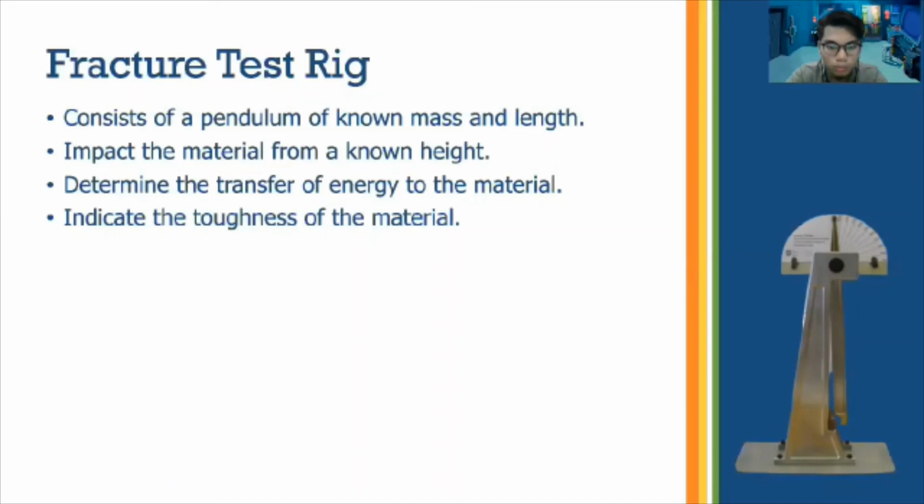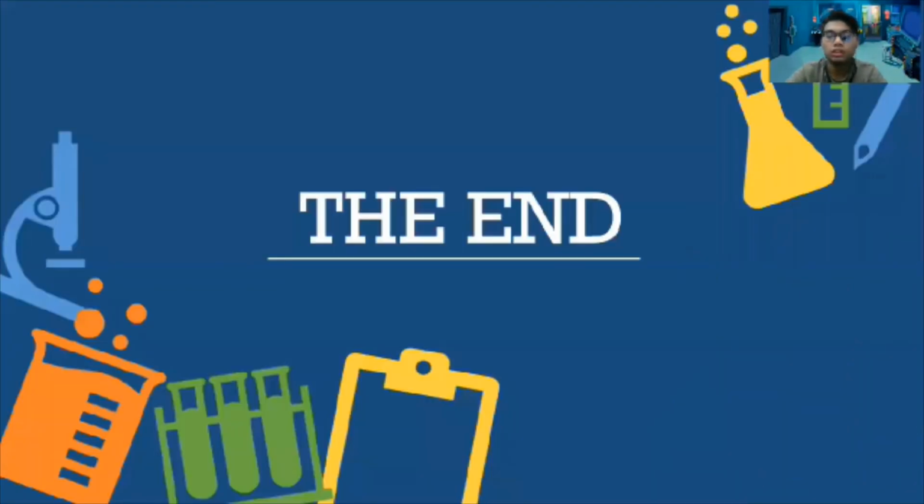The amount of energy absorbed in fracturing the test component is determined, and this provides an indication of the test material's toughness. A higher material toughness will consume more energy upon impact and thus result in a lower height to which the pendulum arm will swing following impact. So that's all for the equipment needed to conduct the measurement method,